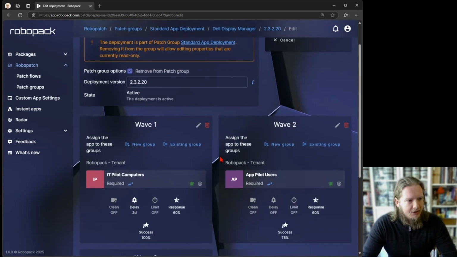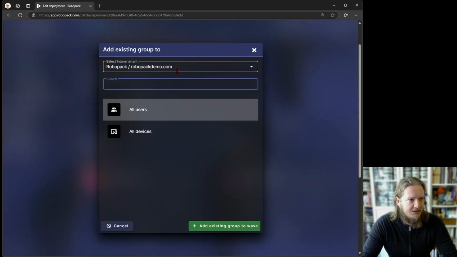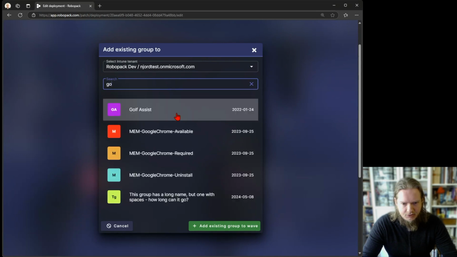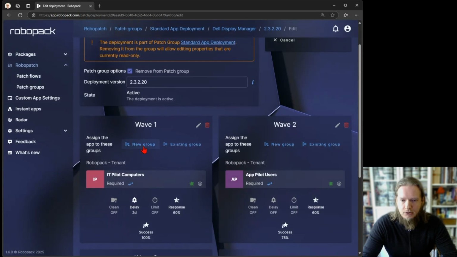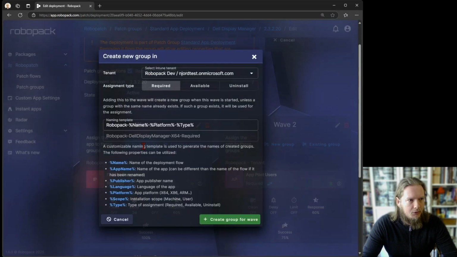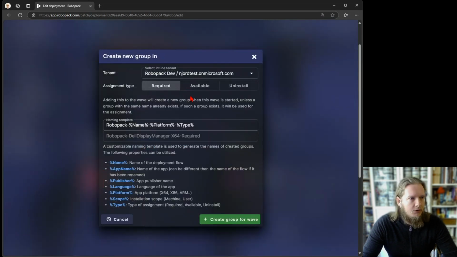But the other thing we've added is with Robopack previously, you were able to, of course, select a group from a tenant that you want to apply applications to, the target that you specify. The new feature is that you're able to create a new group as well. Now, if you create a new group assignment, you have to select the tenant as before, and you have to select what type of assignment type. But then instead of selecting an existing group, you provide a naming template for the name of the group to be created. The reason we've chosen to do it this way is that